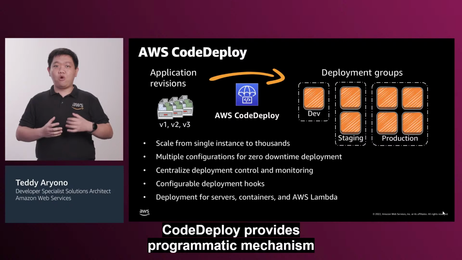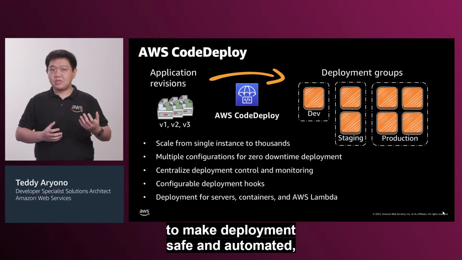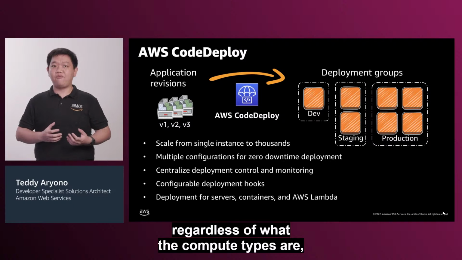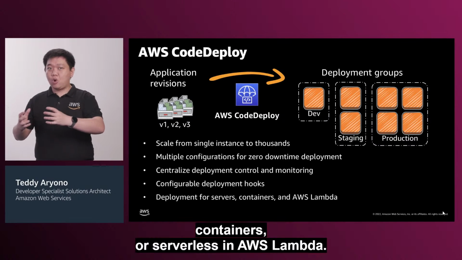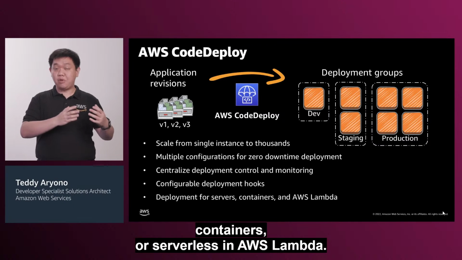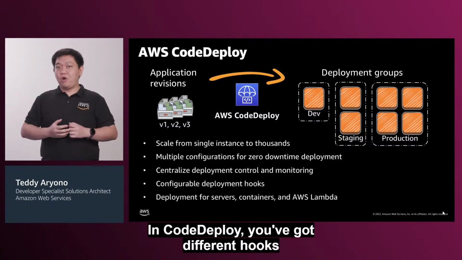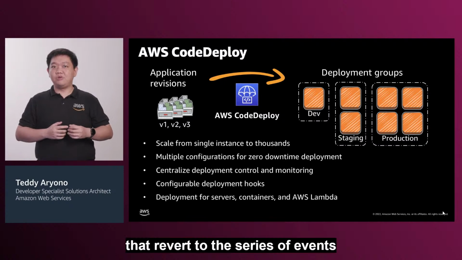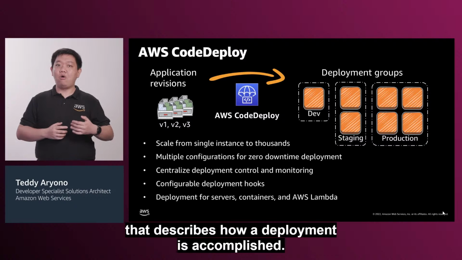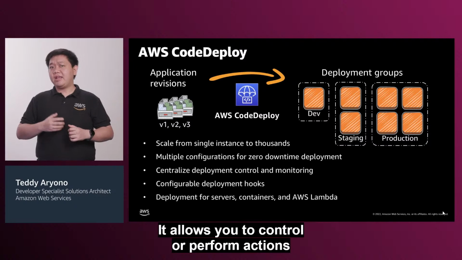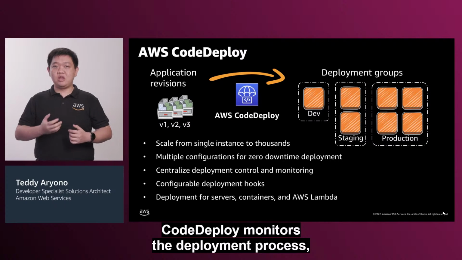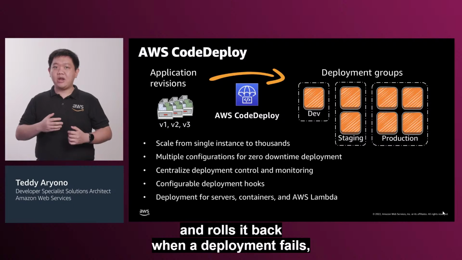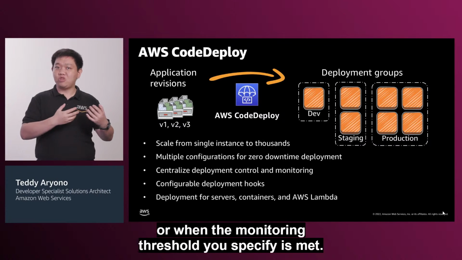CodeDeploy provides a programmatic mechanism to make deployments safe and automated, regardless of the compute type, whether your application is running in virtual machines, containers, or serverless in AWS Lambda. In CodeDeploy, you have different hooks that represent the series of events describing how a deployment is accomplished. They allow you to control or perform actions at different stages of your deployment. CodeDeploy monitors the deployment process and rolls it back when a deployment fails